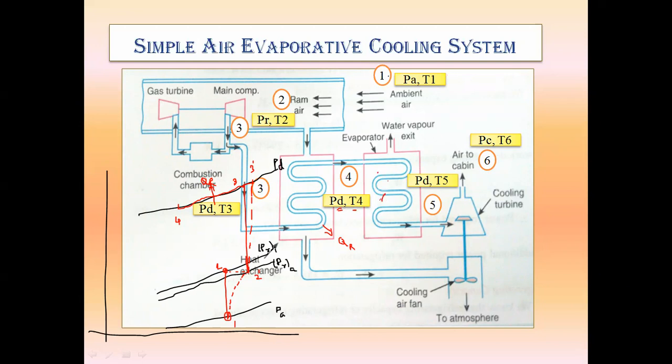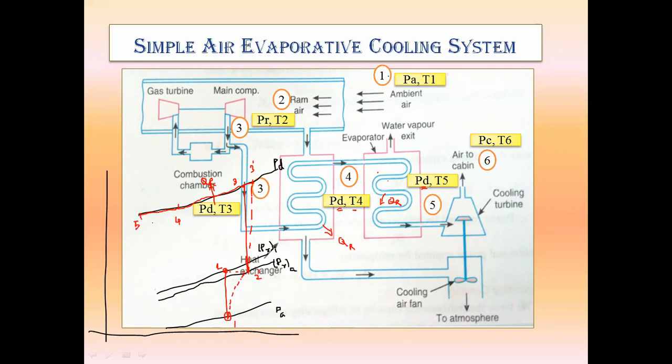So what will happen here? Further there will be heat rejection at a constant pressure. Whatever the 4 to 5 process will be, that will again be constant pressure heat rejection. At point number 5, we also have the same pressure as the delivery pressure. So what else will happen here? Heat rejection will happen at the same pressure. So the 4 to 5 process will be likewise.